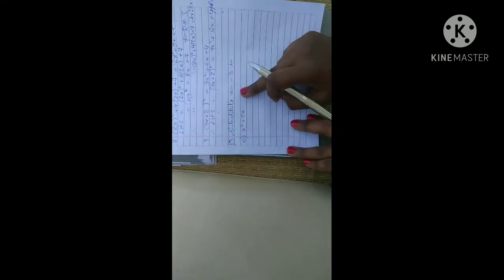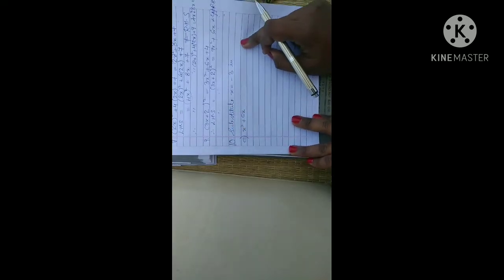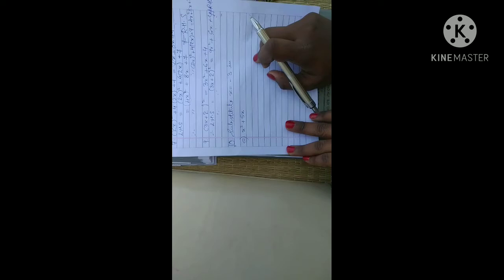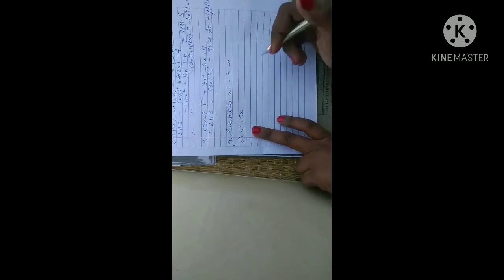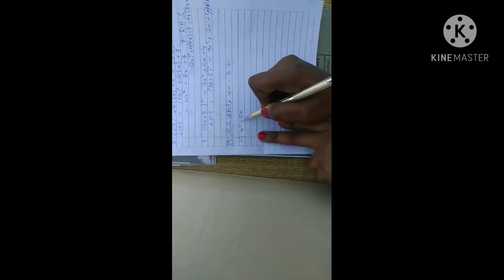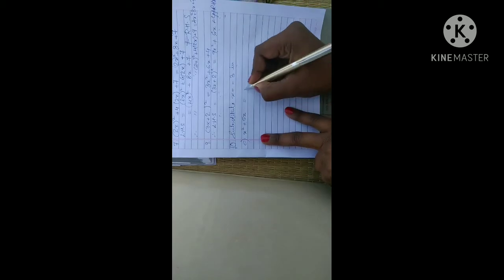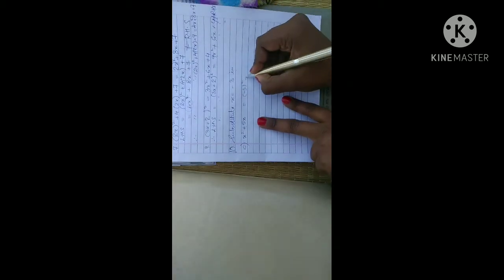Okay, 10th question is a very easy question children. You have to substitute the value of x is equal to minus 3 in each and every one. So A and B I am giving as homework. In C I am going to substitute minus 3 in the place of x and I am going to show. So this will be minus 3 whole square plus 5 into minus 3, which is equal to plus 3 3s are 9 plus minus 5 3s are 15. So 9 minus 15 is equal to minus 6.